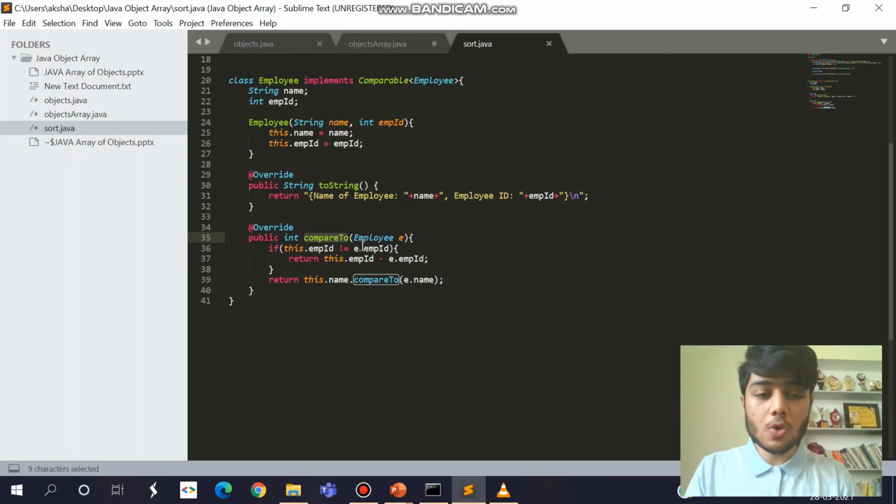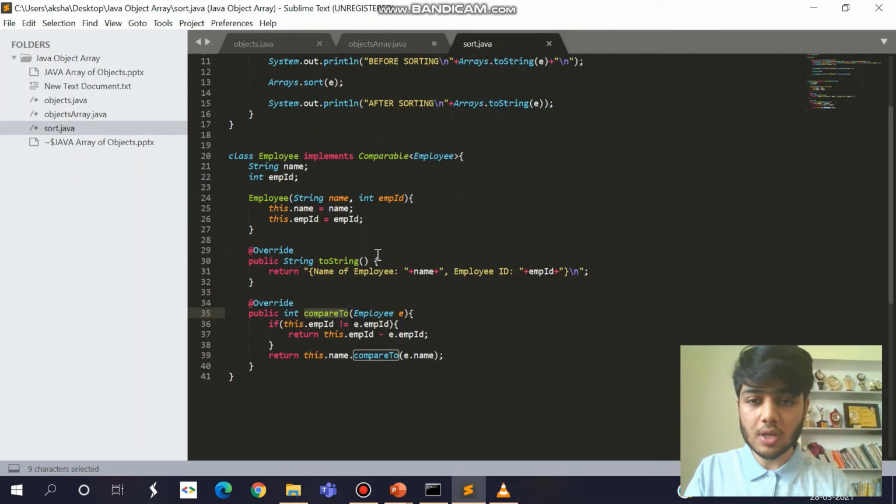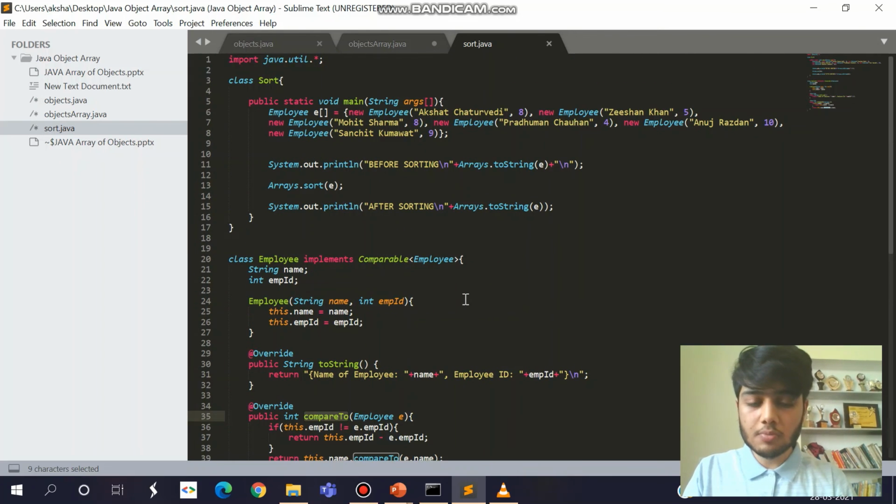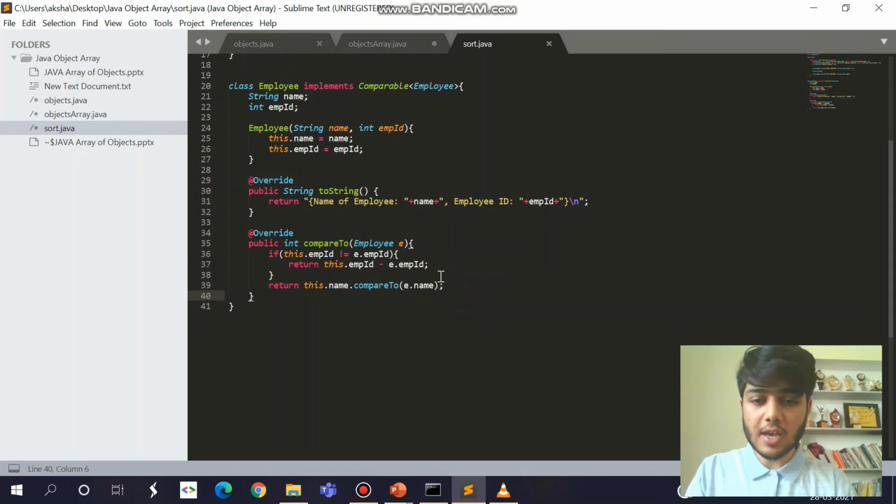The compareTo function is used to compare the current object with the specified object. We get three values: a positive integer if the current object is greater than the specified object, a negative integer if the current object is less than the specified object, and zero if the current object is equal to the specified object. So this is what I have done here.